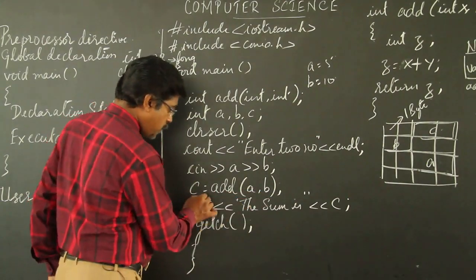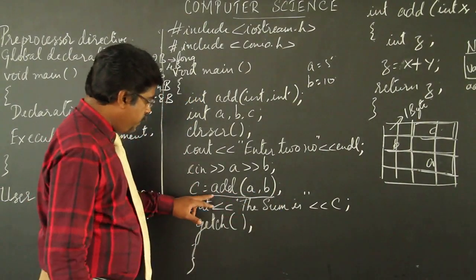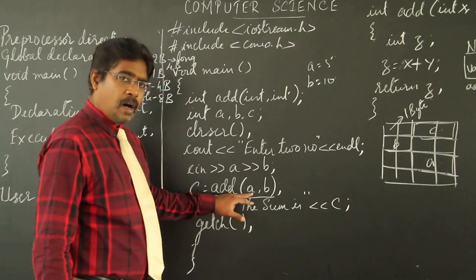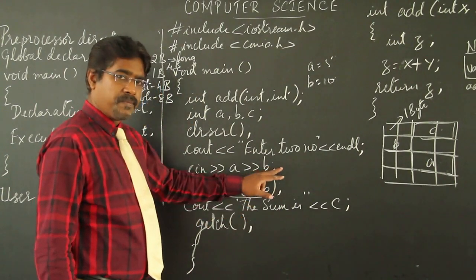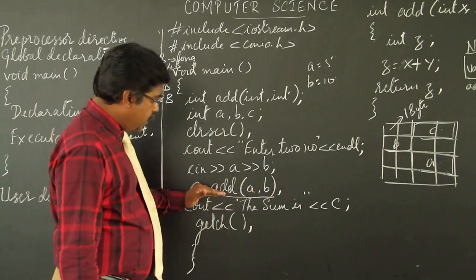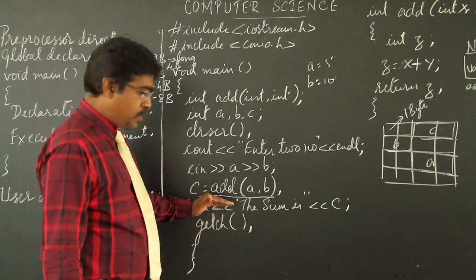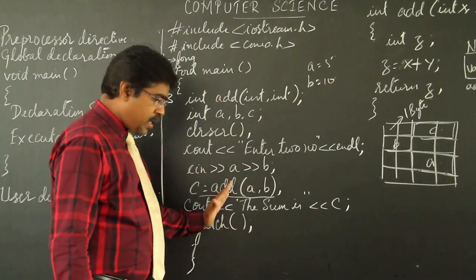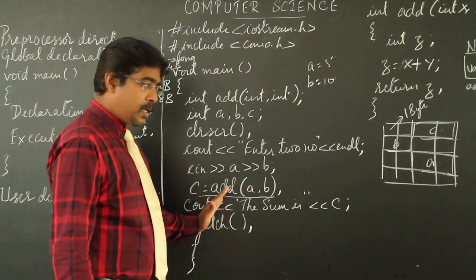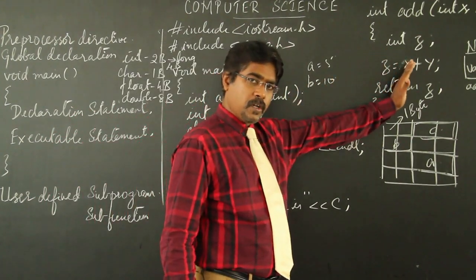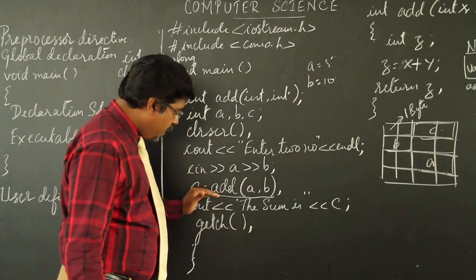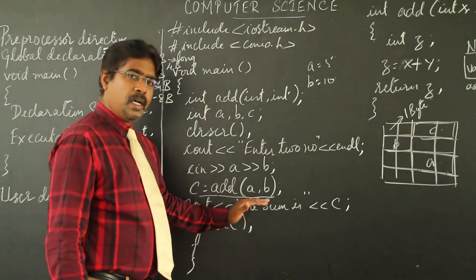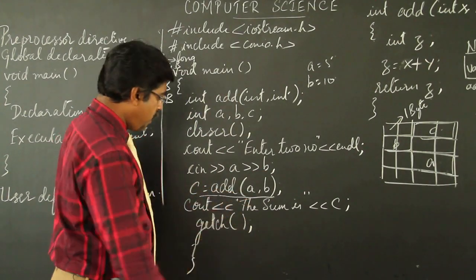When you make a function call, we need to use the function name as well as the arguments which are supposed to be passed. Now here, add is a subfunction which will be called. That is, main is calling add, this will be the calling, and the subfunction will be the called. So main is calling add, the line where it is called will be the function call statement.